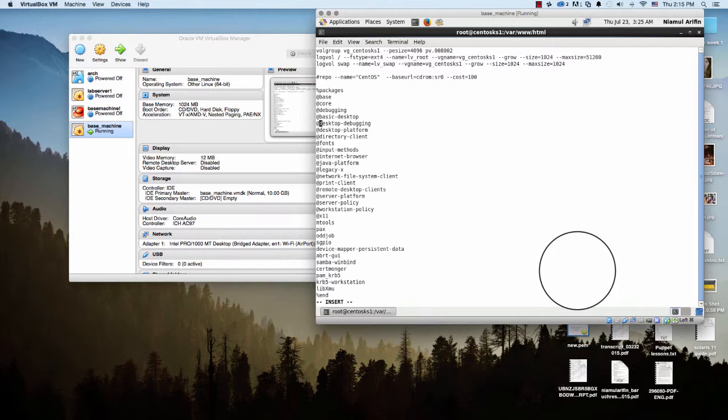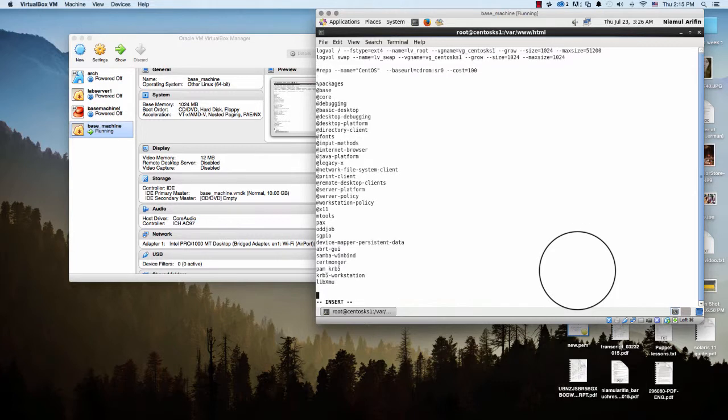This is the percentage packages section that will be installed. If you want, you can install more packages with that, but that's the advanced level of installation in Kickstart. I just want you to understand the basic core concept of this. So, for example, let me show you. Let me just add